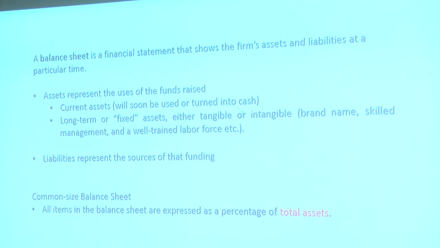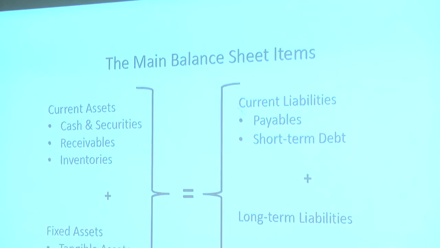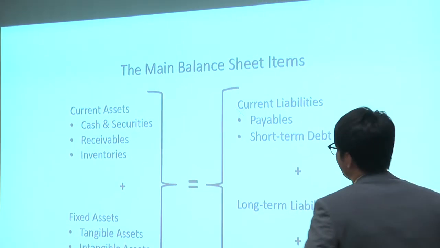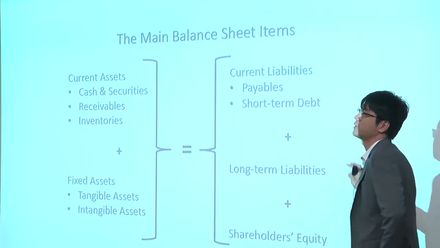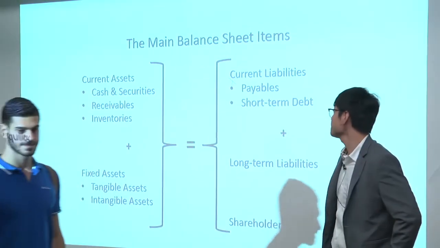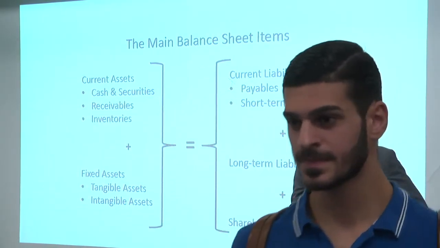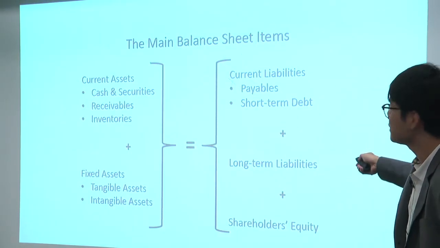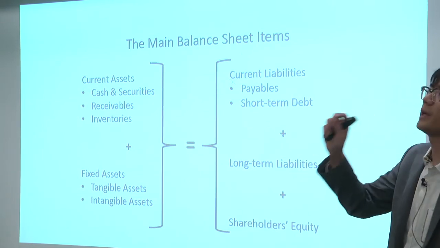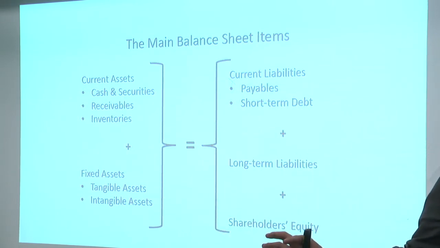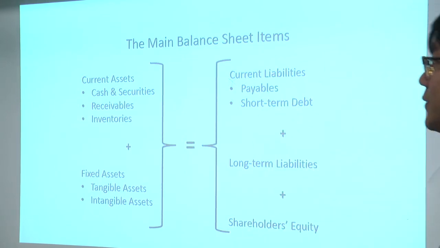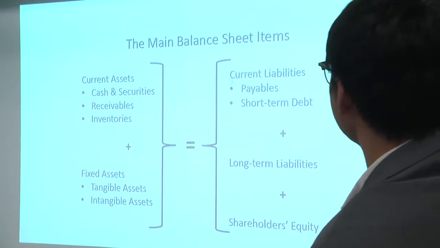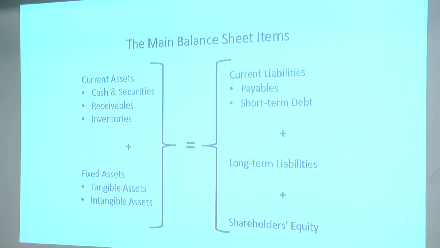A lot of items. But I hope when you're thinking of a balance sheet, you think of this first. You don't think of individual items, but you think of this structure first. What do I mean? I want you to think of a balance sheet to start with assets, liabilities, and shareholders' equity. That's the biggest 3 parts of your balance sheet. Assets is on the left, total liabilities on the right top, and shareholders' equity on the right bottom.